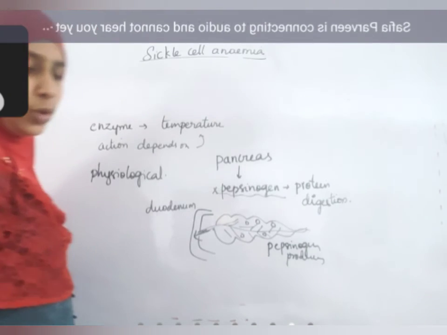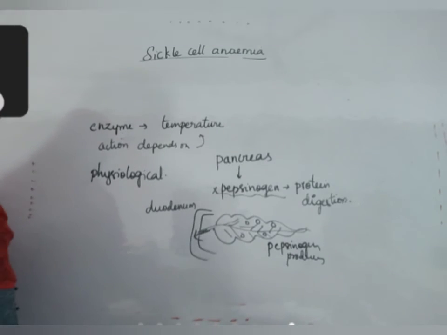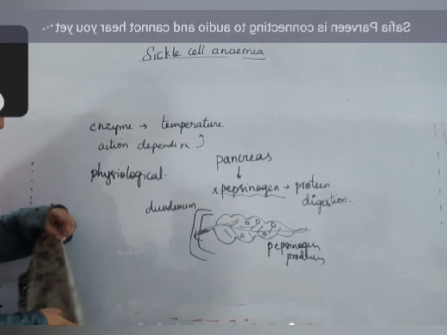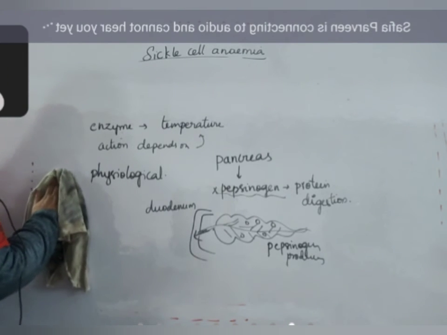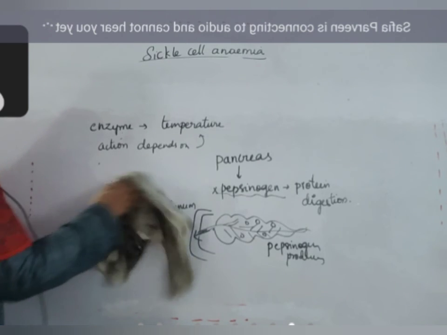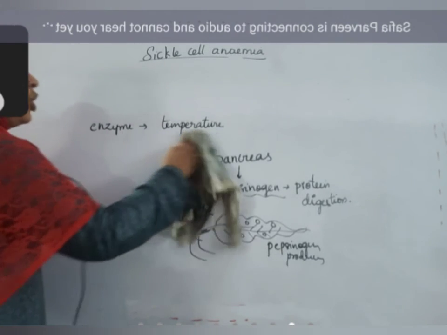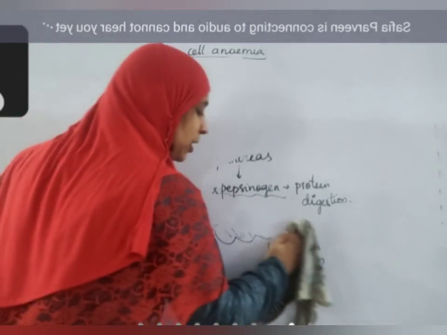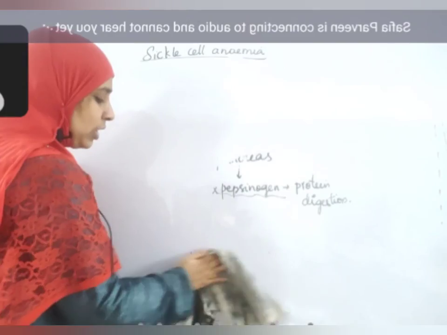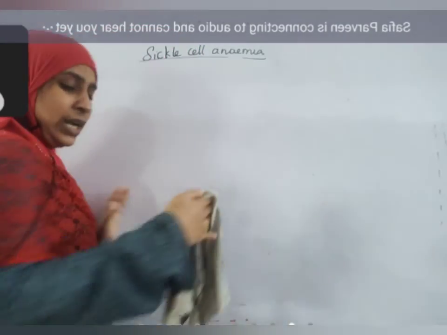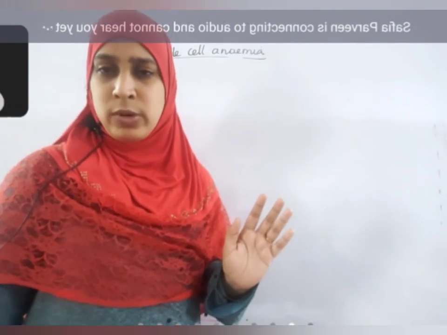Same like that, any protein, not only this one, any protein. You take for example polymerase. Take DNA dependent DNA polymerase. When should it be produced? During the replication process. Each cell replicates only once in 24 hours. You take the example of our body cells. They replicate only once in 24 hours.